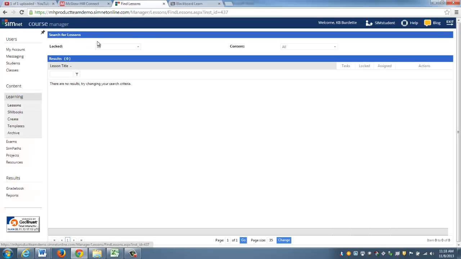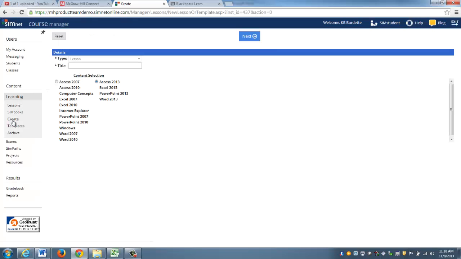So if I click lessons, then it's just going to allow me to create. I click create under lessons, and then I've got to select my content base. Do I want to do Access 2007, 2010, and those listed topics, or do I want to do 2013? For the sake of this demo, I'm going to go with 2013. So I say that I want to do a lesson, and then I type in the title of the lesson. Let's call it Unit 1 Access. I click next,